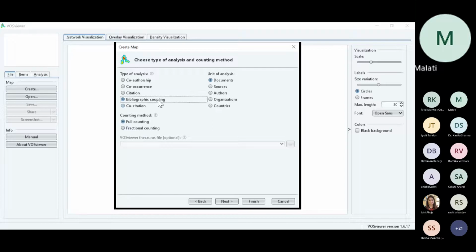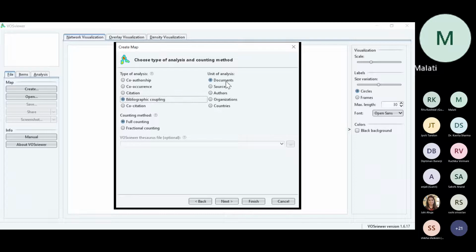Then coming to bibliographic coupling, this will help you to find the relation among the publications or research papers. It will give you the information about how one research is related to another, right?